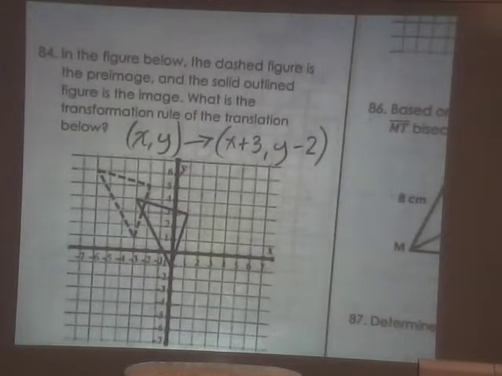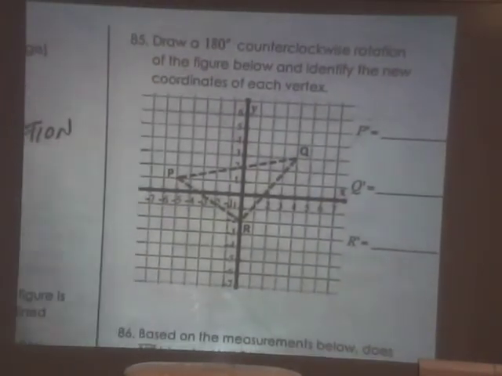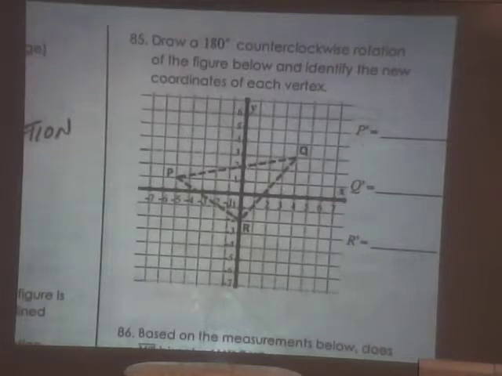Okay, 85. Draw a 180 degrees counterclockwise rotation of the figure below and identify the